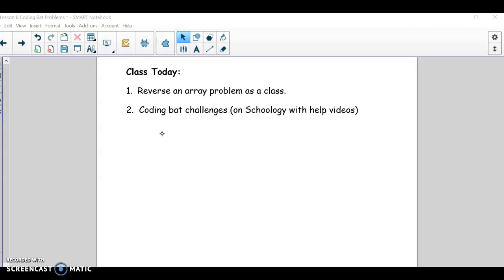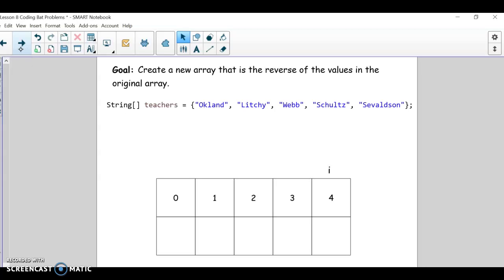All right, hello. Today's class, we're going to keep working on arrays, and I'm going to do one reverse array problem with you. We're going to do that together, and then there'll be some CodingBat challenges for you on Schoology, which I'll explain more later in the video. Okay, so to reverse an array,